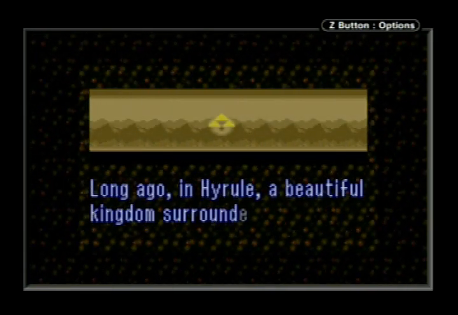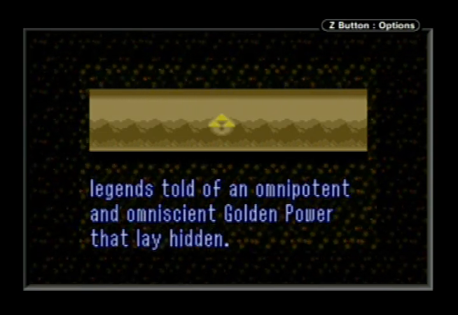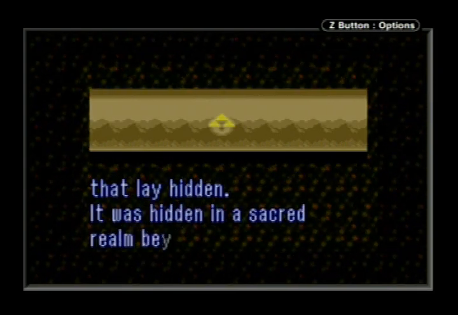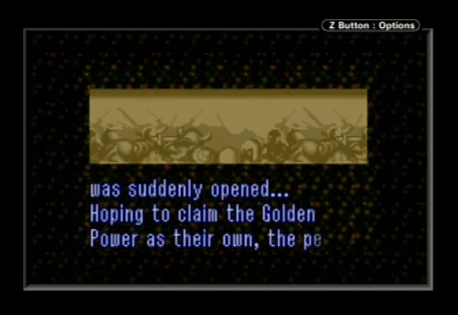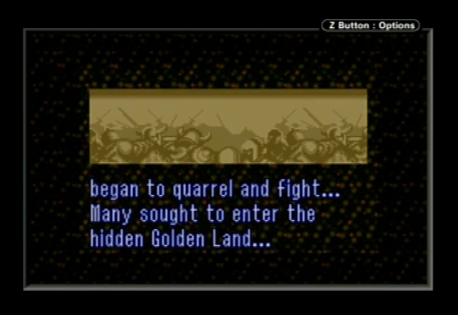Now, the other difference, there's a couple differences here, actually. So, if you were to beat the game, if you were to beat A Link to the Past without dying, which we will do, the game will glitch on your next playthrough. So, if you were to continue your game,